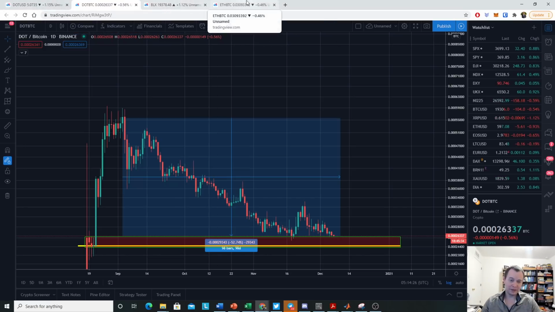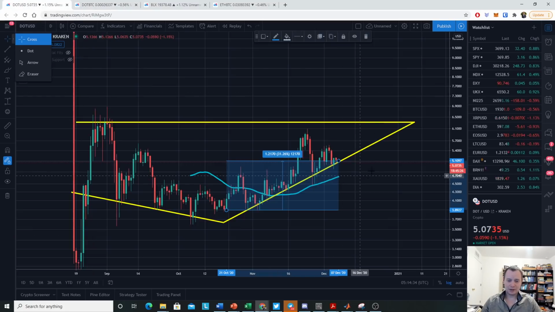That could be a catalyst for Polkadot against USD and against Bitcoin. I'm not sure if it would be against Ether, but I think for sure against USD and probably against Bitcoin, if Bitcoin starts trending sideways. I mean, and we'll see what happens, right? If Bitcoin's going sideways and DOT's going up to $7 or $8, of course it's trending up against USD and against Bitcoin. So we're obviously going to keep an eye on that.